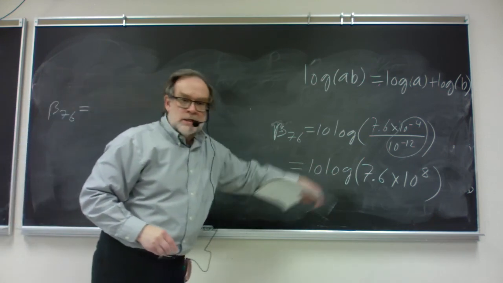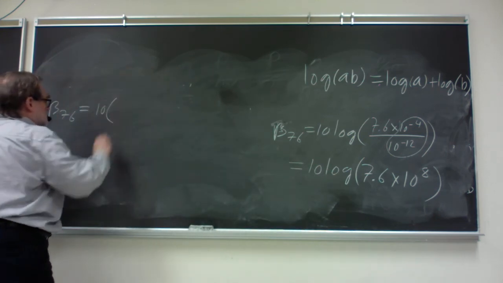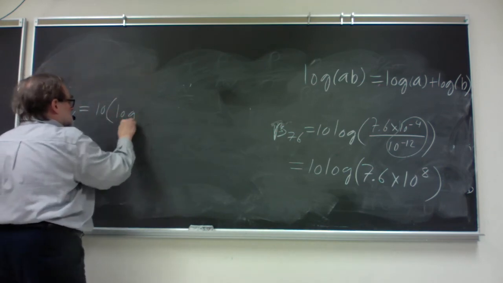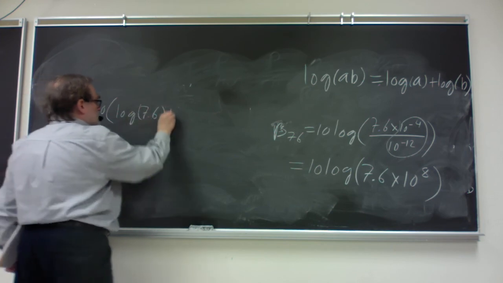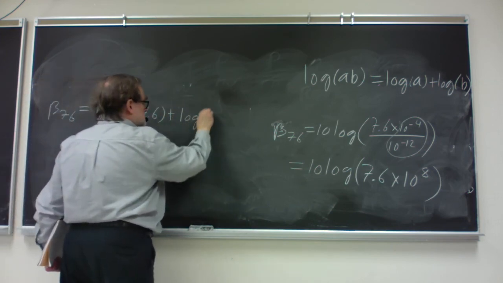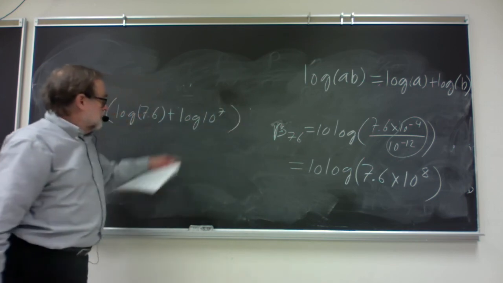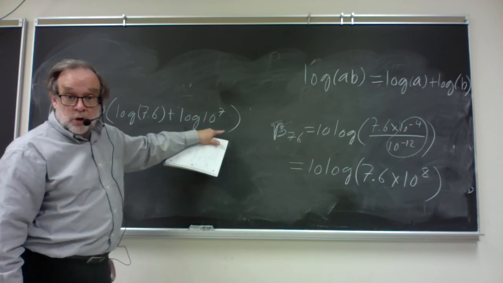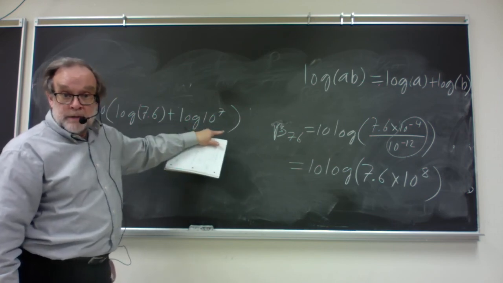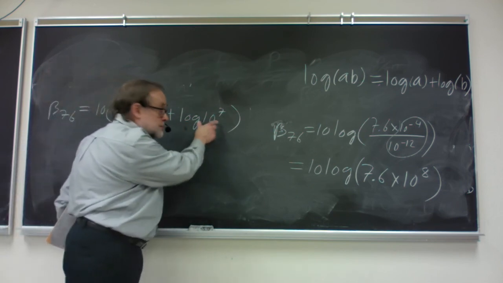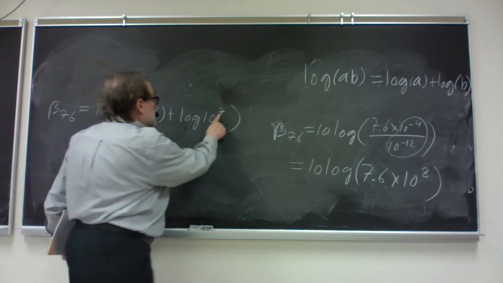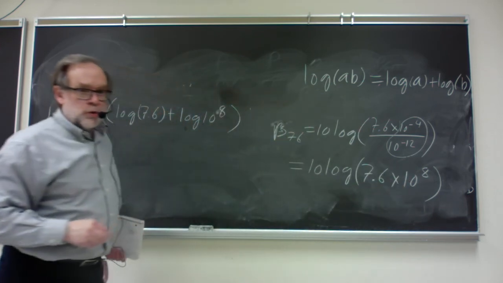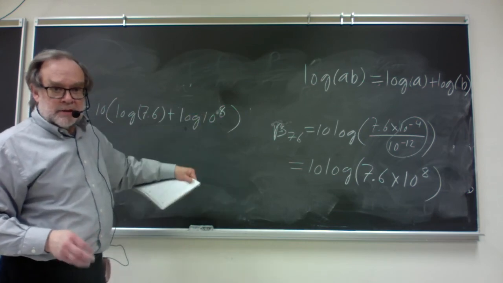So we have 10 times log of a product, and log of a product is log of one factor plus log of the other factor. And this one is easy, just as easy as the other ones, because this log is the exponent, a power. It's the power to which you raise 10 in order to get that. And the power to which we raise 10 in order to get 10 to the 8th is obviously 8.